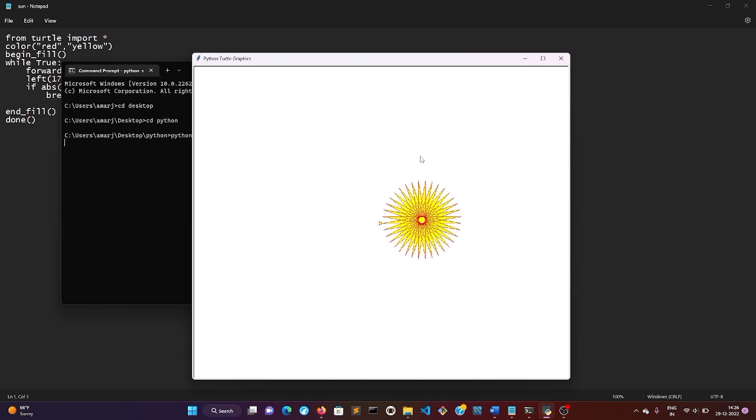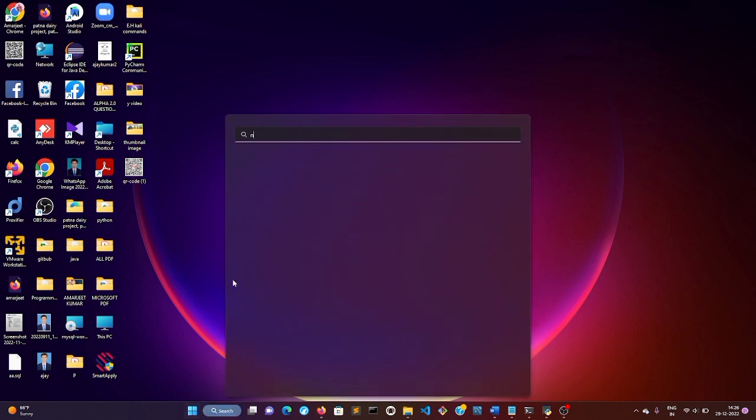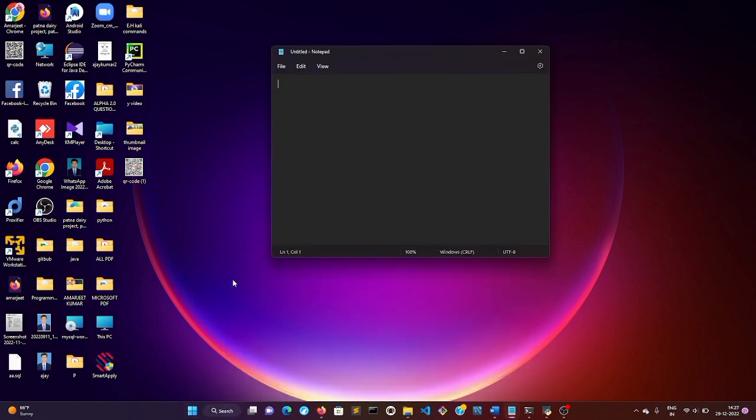I am going to the desktop screen. So finally I am coming to the desktop screen and opening Notepad. Open Notepad and hit enter, and here write first: from turtle import, and hit enter, and here write